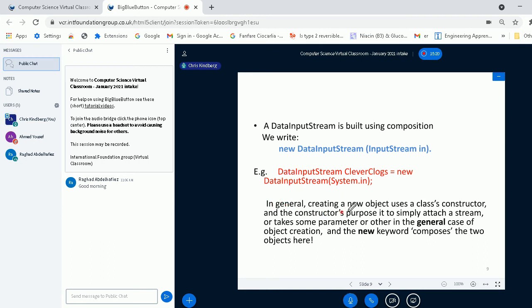In general, creating a new object uses a class's constructor. And a constructor's purpose is simply to attach a stream or take some parameter or other in the general case of object creation. And the keyword new composes the two objects.